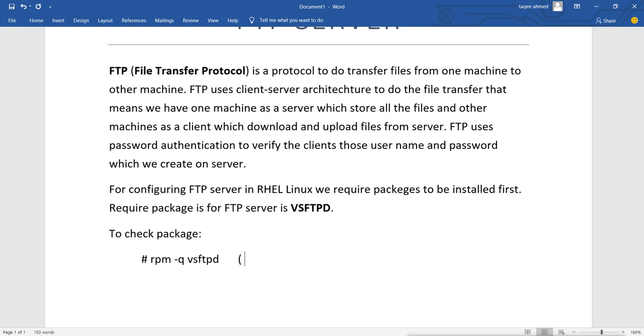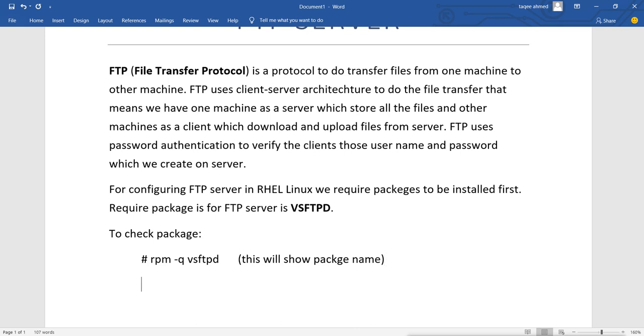This will show the package name with the version. If it is not installed, it will say it is not installed. If it is installed, it will show me that package name.